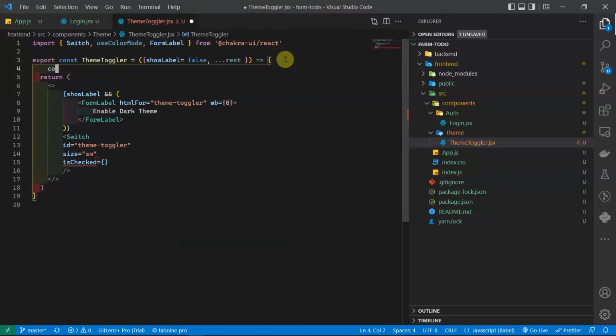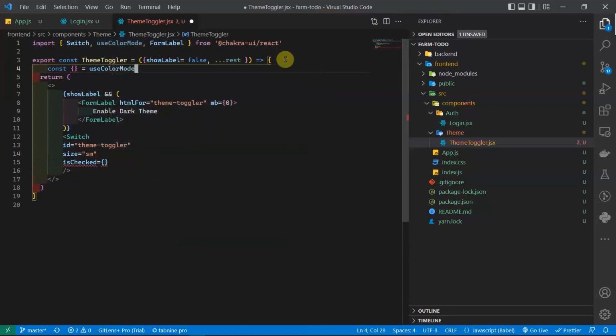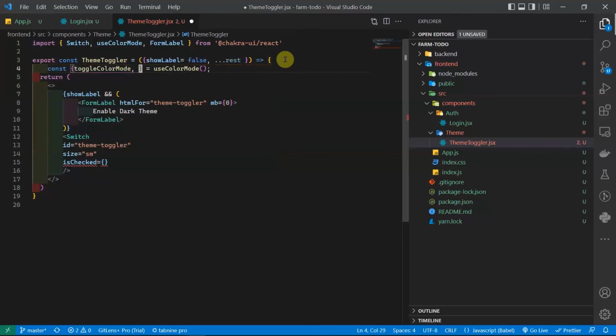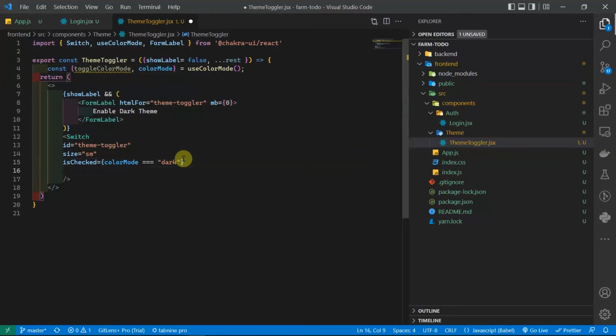So const from useColorMode, we can call this hook and get the toggleColorMode function, and the other thing we need is colorMode. So if colorMode is equal to dark, we need to show that this button is checked, and then isDisabled